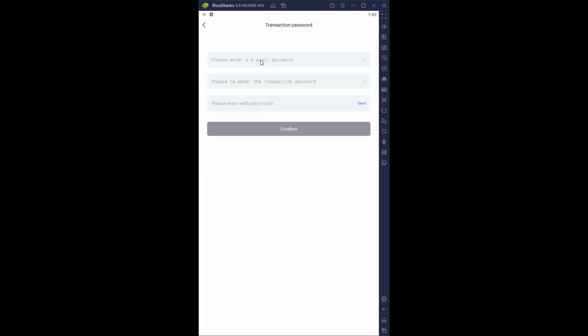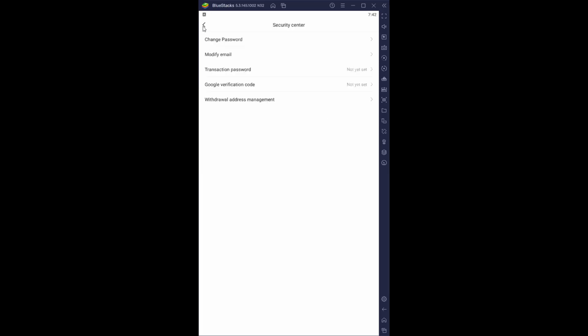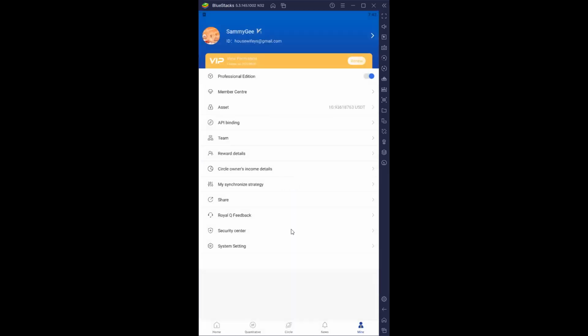If the person wants to withdraw your money, they need to get a code from your email. So it's only if the person still has access to your email, that's when the person can withdraw your money without you knowing. So you set your transaction code here, and then you get a verification code from your email and put it. So once you have set that, anytime you now want to withdraw, you just